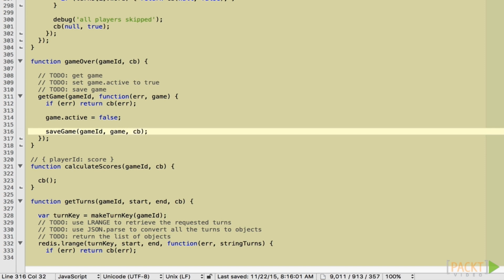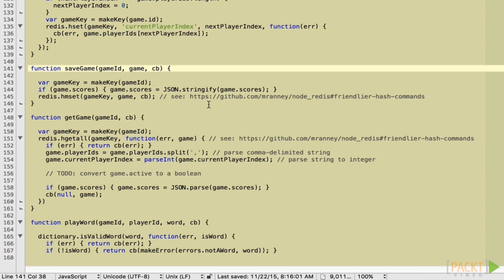Now you'll notice that I'm not setting it directly using the Redis commands. That's because we're going to be doing more here later. As I said, we'll be calculating the scores and setting the score on the game, things like that. So instead, we're going to load and save the entire game. Oh, actually, there's one more thing. Because now we're saving extra things that aren't strings in the game, we need to adjust the save and load functions. Now, actually, in this case, we've only added the active flag, which will actually save just fine. The Boolean will be converted to a string for us. However, to load it, we'll need to change it back to a Boolean,